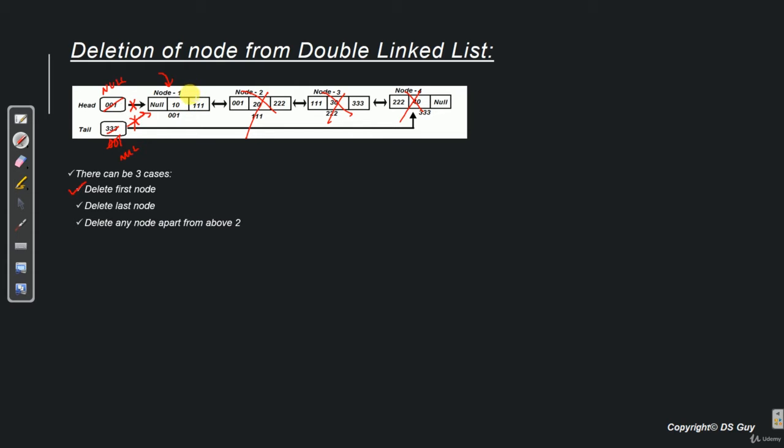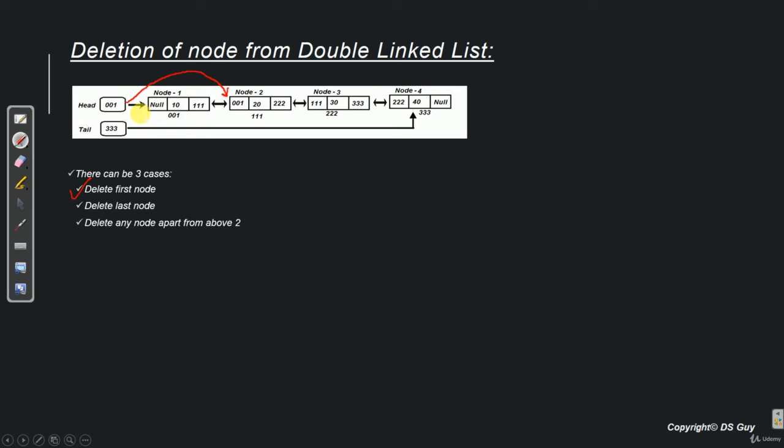Now let's say node 1 is not the only node in the list, we have node 1, 2, 3 and 4. In that case, if we want to delete node 1, how do we do that? So in that case, the steps again are very simple. All that we have to do is, we have to update the head reference and it should be pointing directly to node 2.